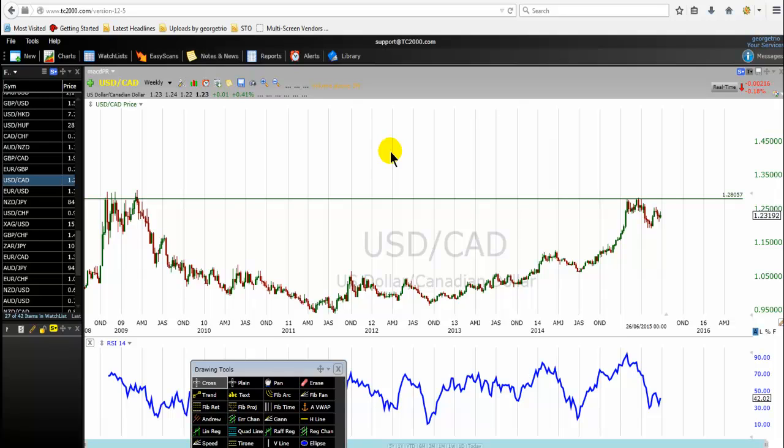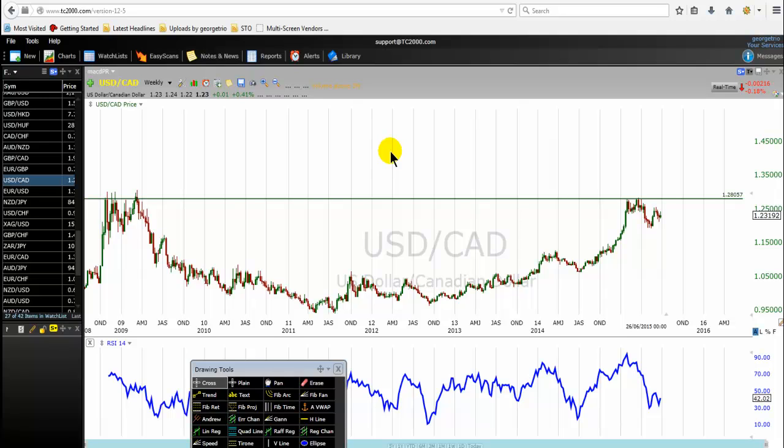The next thing that traders must understand when they are trading the US dollar, Canadian dollar currency pair is that the economy of Canada depends on crude oil. So when crude oil is going up, the Canadian dollar will be strong. But when crude oil is going down, the Canadian dollar will go down. This is the theory. Because the economy of Canada depends on crude oil, one must constantly pay attention to